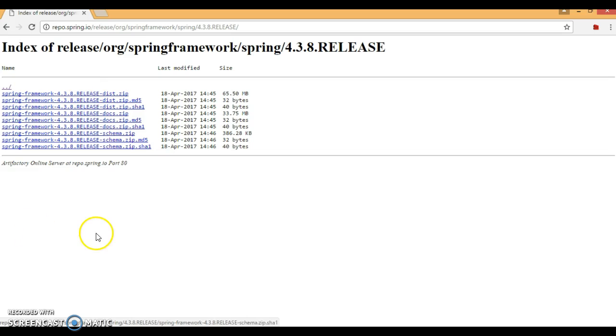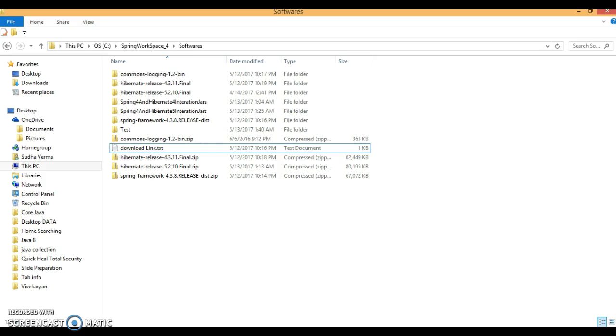Once you click, the download will start. This binary distribution I have already downloaded and kept in my local drive. You can see I have downloaded the latest distribution, 4.3.8.